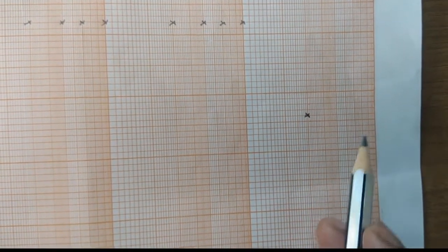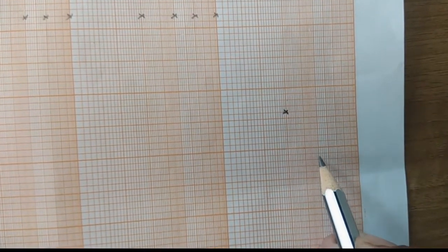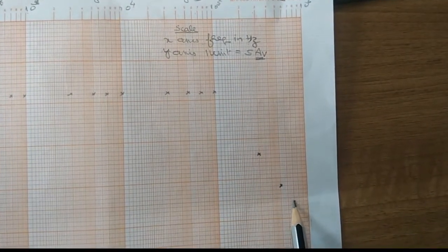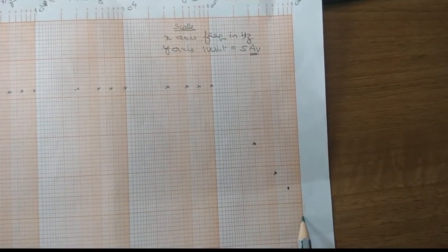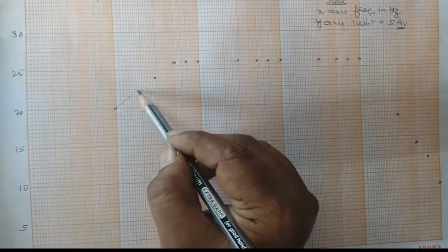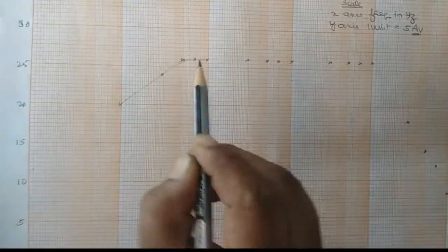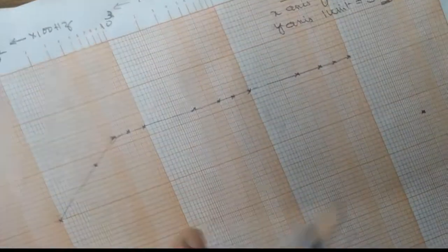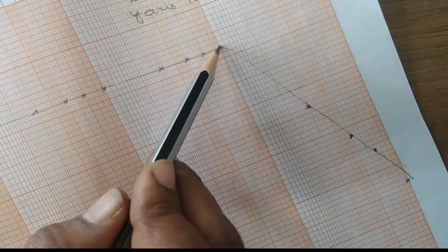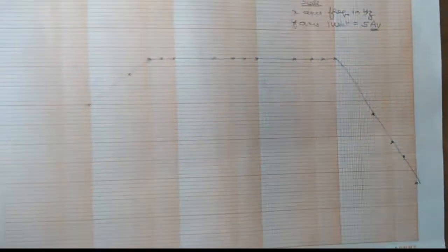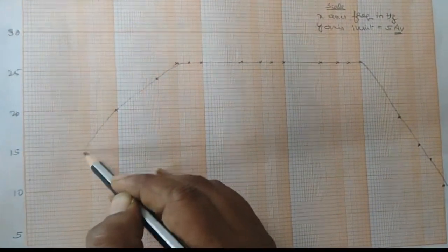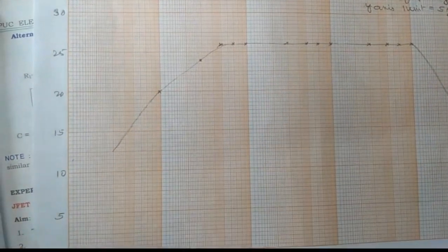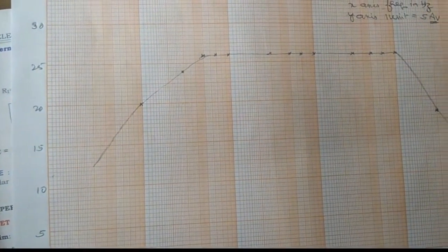Then for 500k it is 14. This is 500k. 14 will come here. Then 700k. This is 700k. 12 will come here. Then 1 mega. 8 is coming. 8 will be here. See, freehand, join these points and you could notice that you got the graph. What I do is I'll just extend this on the same line just to get F1, in case I can't get F1.